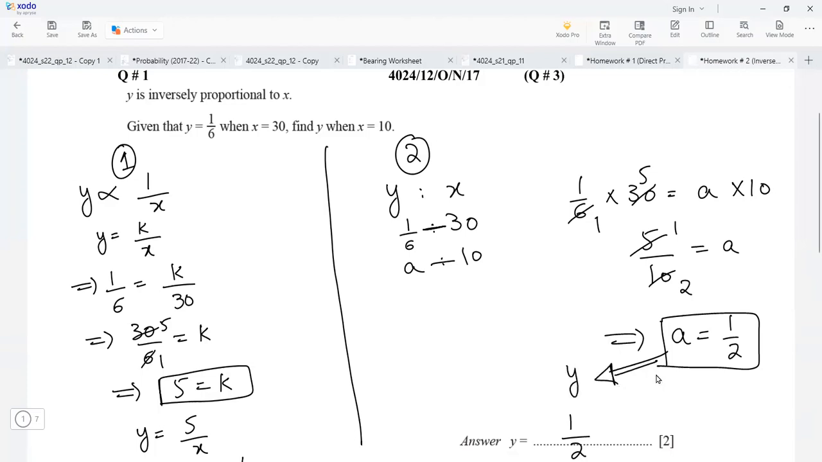If you feel either of the methods is easier, whichever you like, that will be fine. You can apply